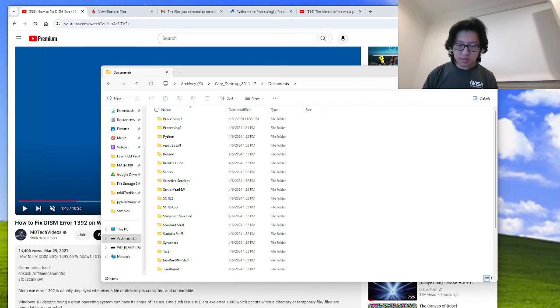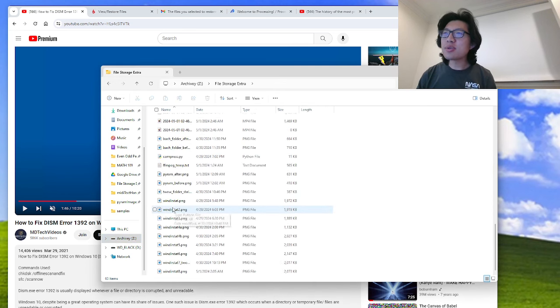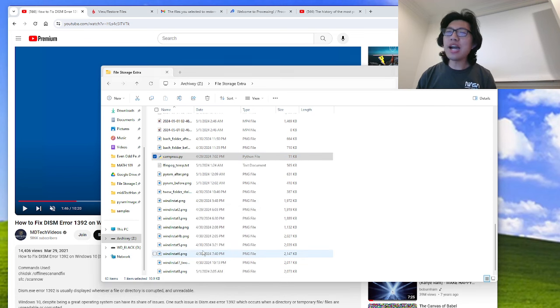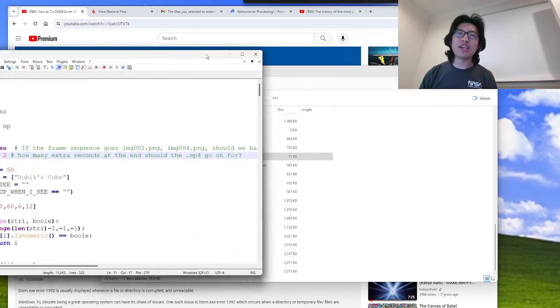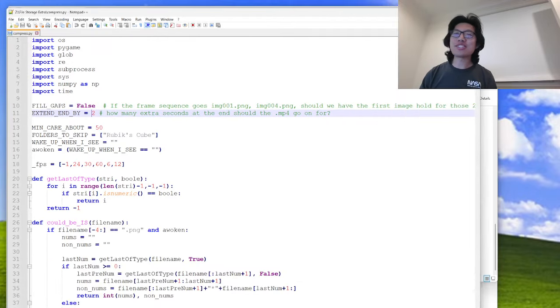So the other thing I was going to say is about the script I wrote, and actually I could just show it to you now. So compress.py is a Python script, and let me just open it. I actually managed to run this on probably around 100 image sequences, and it successfully